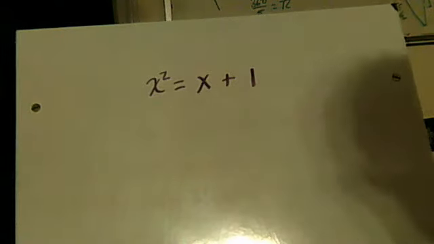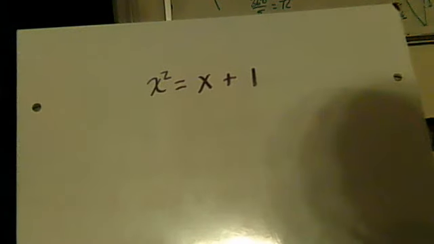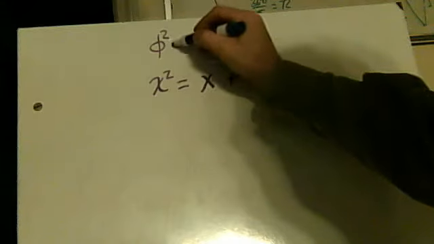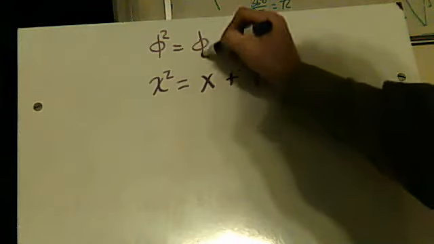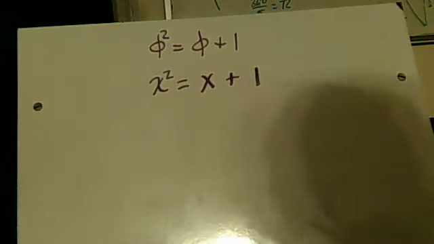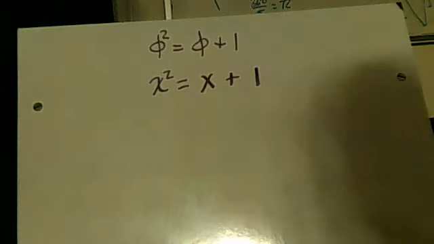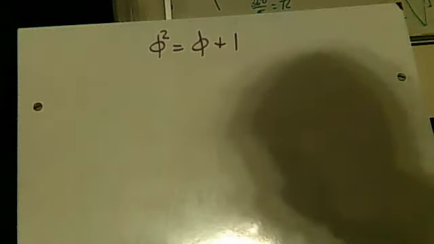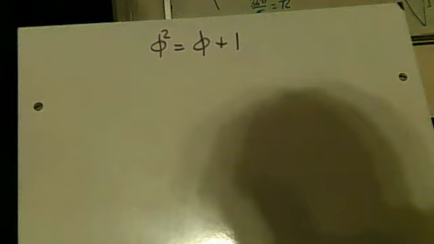Okay. Now, because the golden ratio satisfies this equation, and because the symbol that is specially reserved to describe the golden ratio is the Greek letter phi, we can replace this as phi squared is equal to phi plus 1. Okay, nothing new there. That's just the quadratic equation that the golden ratio solves. Okay, but just using this little piece of information alone, we can show that there is a connection between the golden ratio